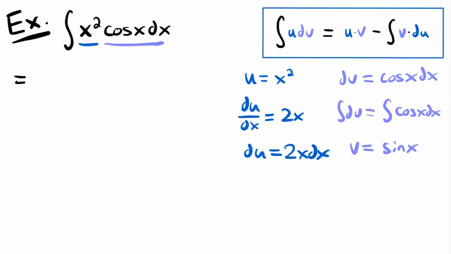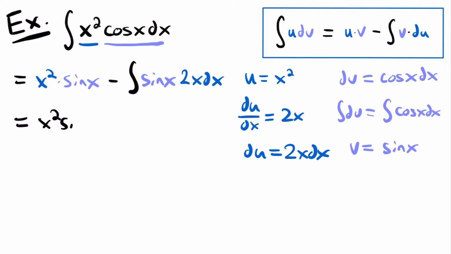This will be equal to u times v. So we'll have x squared times sine x. And then we will subtract the integral of v, which is still sine x, times du, which is 2x dx. So we will have 2x dx. All right, and so if I simplify and rewrite this a little bit, we'll have that this is equal to